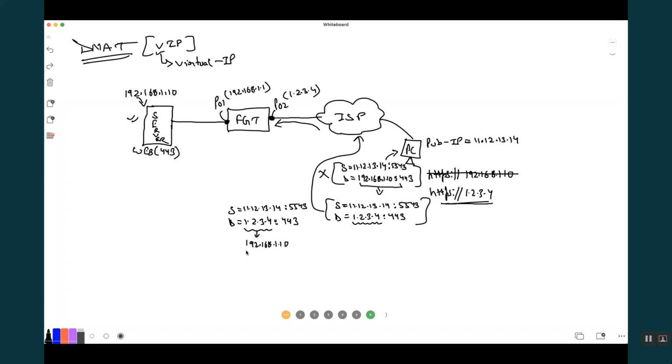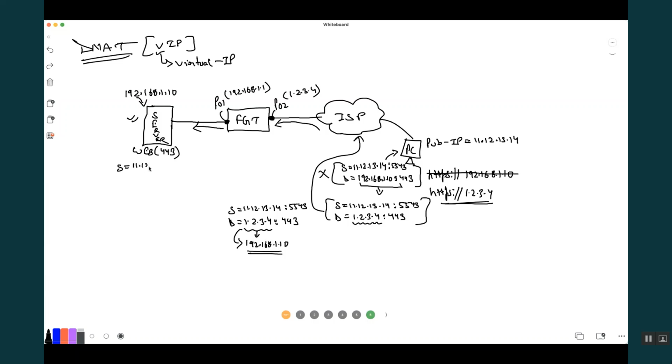Once it has done the destination translation, it will do the routing lookup. As per the routing lookup for the destination NATed IP, it will know, okay, I have to send the packet out via port 1. Correct? Yes.